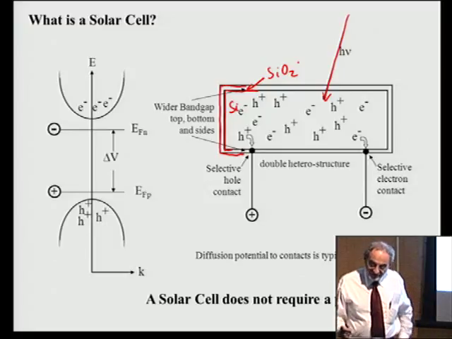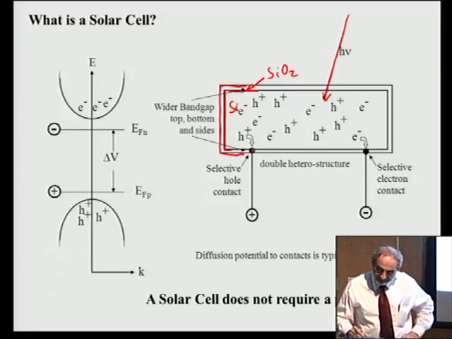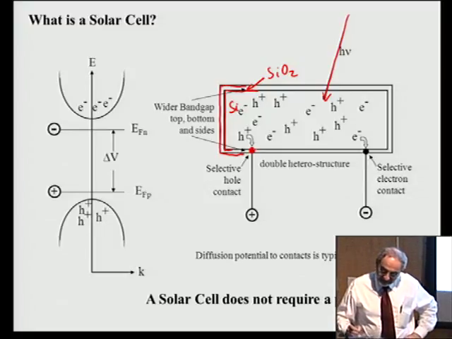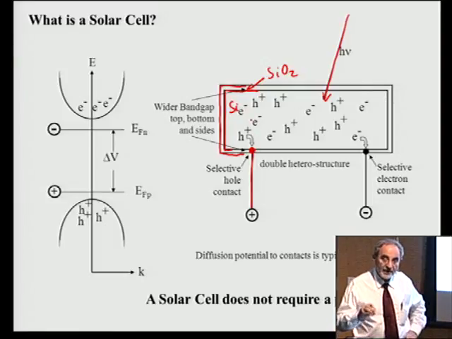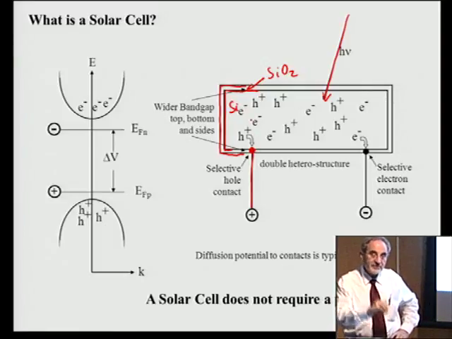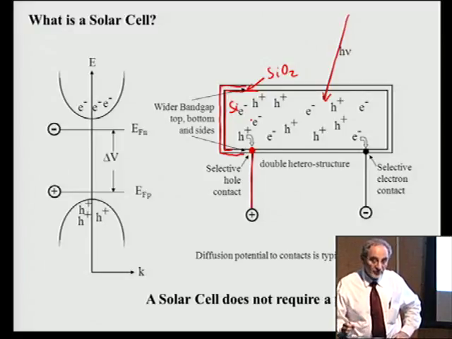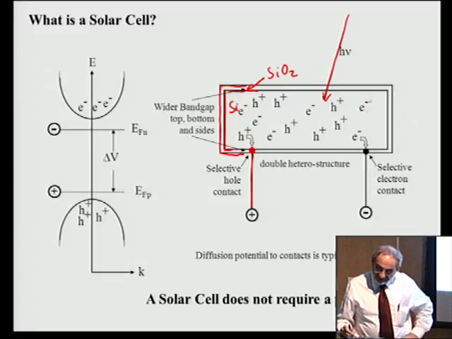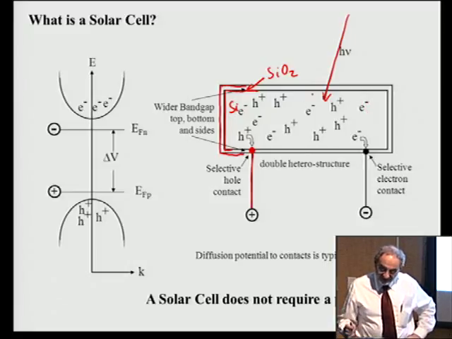Now, what makes it a solar cell? Well, I attach a wire, and in semiconductors, the metallurgy of connecting up wires is quite remarkable. In fact, it's quite common to have a wire that makes electrical contact only to electrons, and another wire that makes electrical contact only to holes. So I have built up this gas, this high-density gas of electrons and holes, and I'm going to switch over